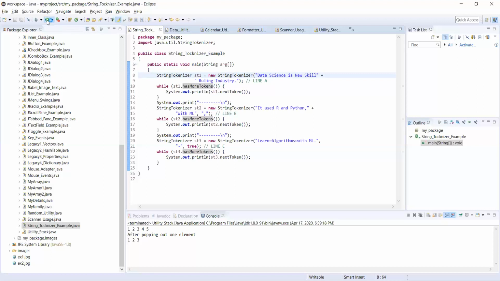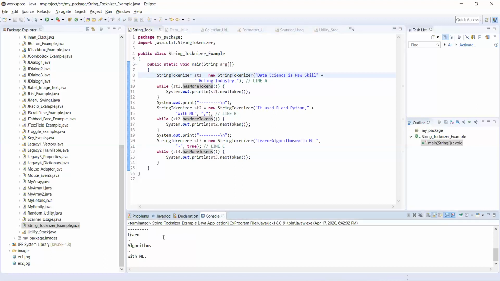Let us run this. So what happened, you see here, friends. In the first one, while discussing this, if any space is there, then it treats the next coming thing as another token. So data science is new skill, ruling industry, up to that is one token.